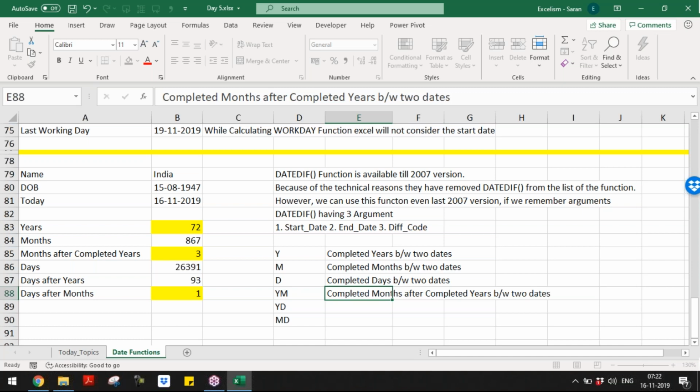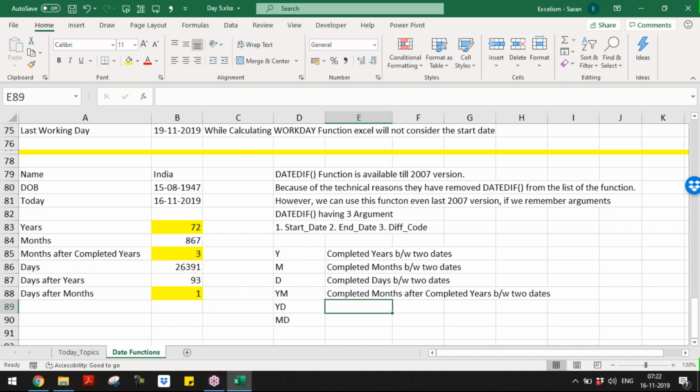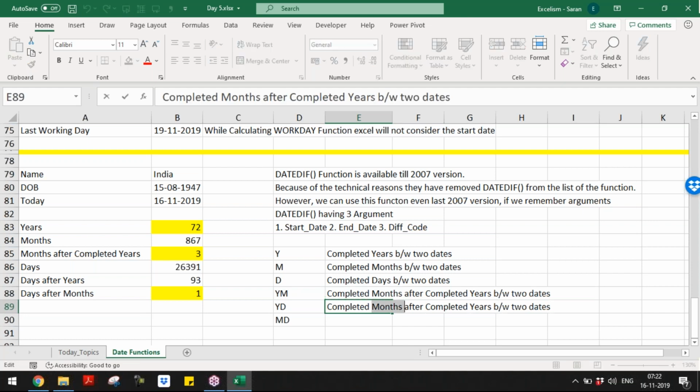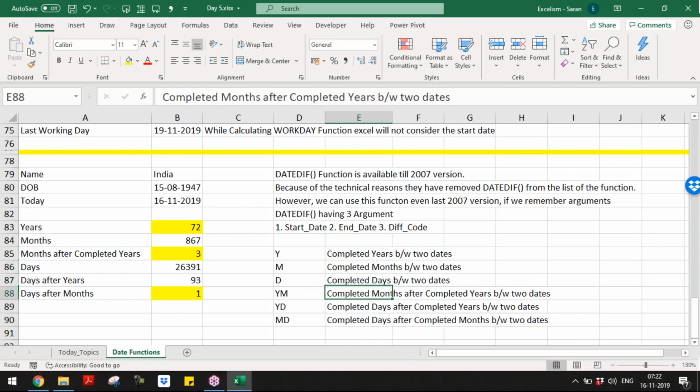Oh, okay. Two dates. Now, completed days after completed months. Then this one, completed days after completed months. I hope everyone understood the concept of this, right? So this is the way we calculate. Now, for example, with this data, I want to build a sentence.